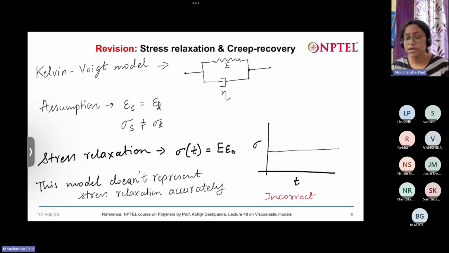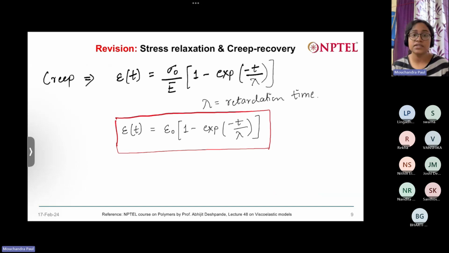So if you again solve the expression for this model, you will get a stress relaxation equation which looks like this. And if you plot stress versus time, you get a straight line. So that is not correct, right? For a constant strain, the stress is not independent of time. Here it is not a constant value. So that is why the Kelvin-Voigt model cannot represent the stress relaxation phenomenon, but it does give us the correct